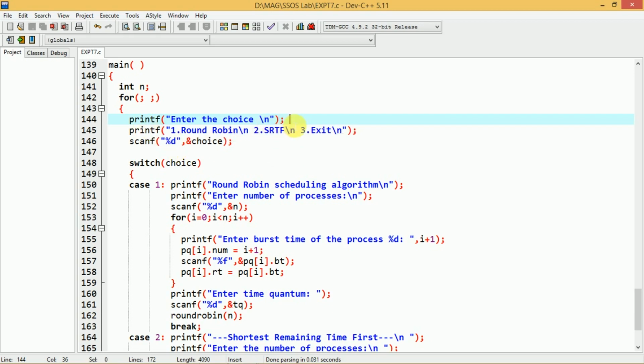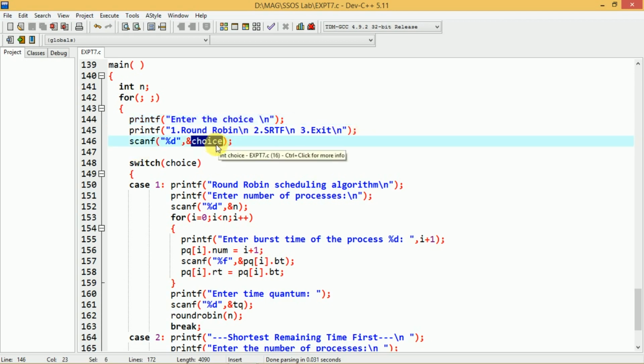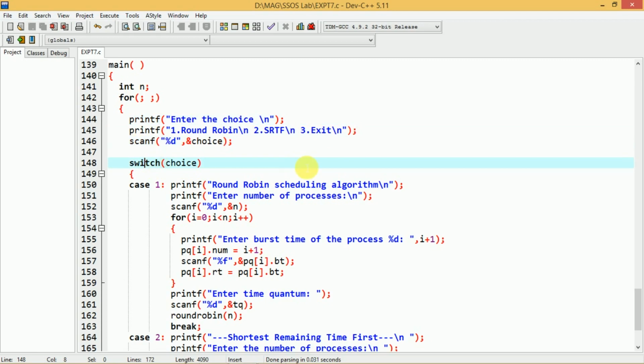Initially it displays the message to enter the choice. The choices are displayed: one is for round robin, two is for SRTF, that is the shortest remaining time first scheduling algorithm, and three is exit. Whatever choice the user enters is read into the variable choice, and based on this choice we have the switch statement.